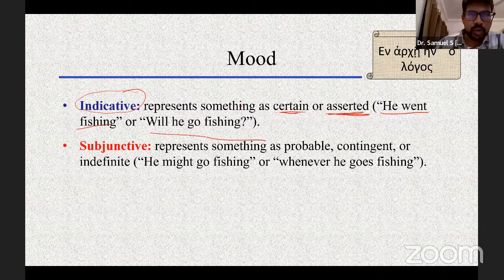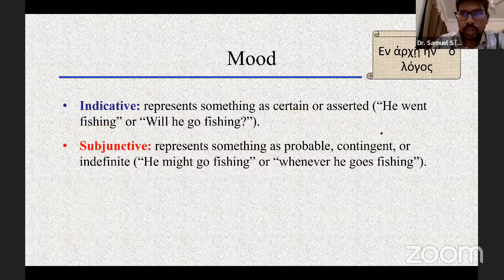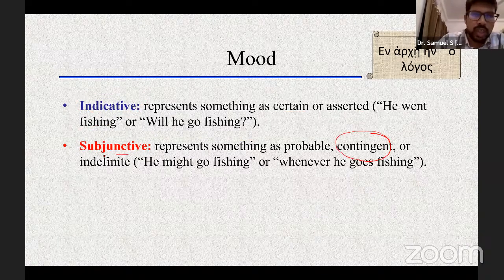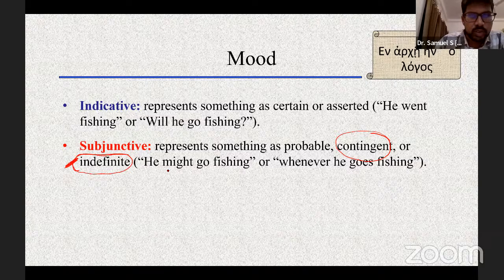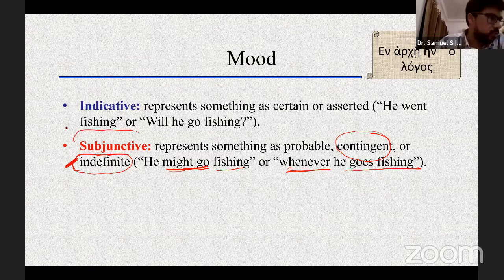Subjunctive mood. It represents something as probable or contingent or indefinite. This is the important thing. Subjunctive mood communicates indefiniteness. So something is not definitely happening. He might go fishing whenever he goes fishing. So whenever you see the subjunctive mood,